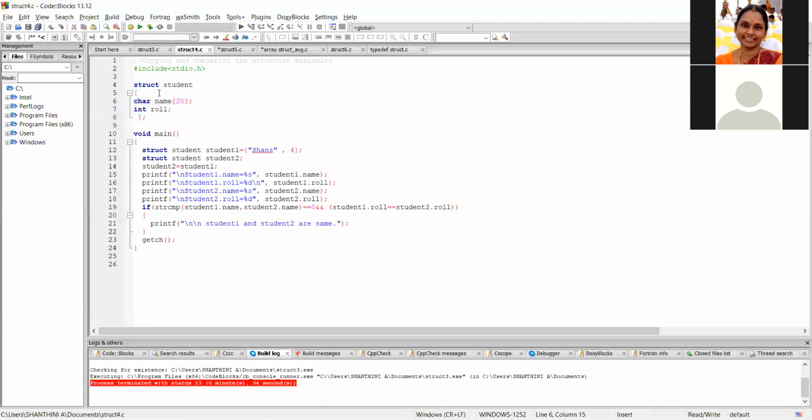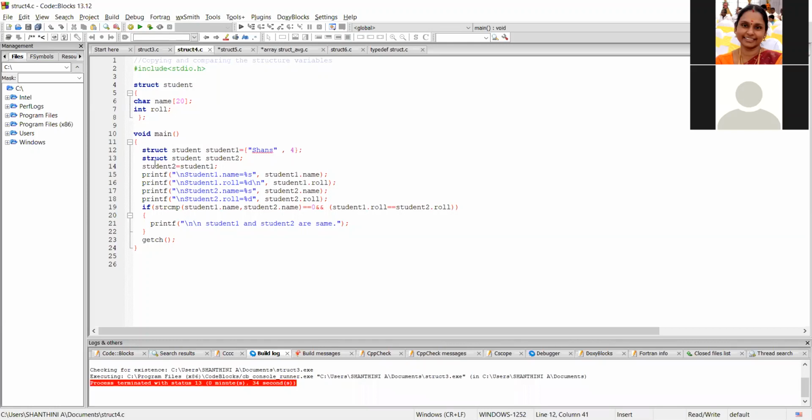See, here we have a structure called student, which has the members name and roll. Inside the main program, I am declaring the variables student 1 and student 2. How can I declare the variables? Struct followed by the structure name and the variable name, and I am initializing the values: the name to be Shans and the roll number to be 4.